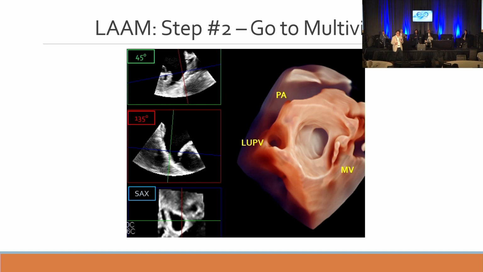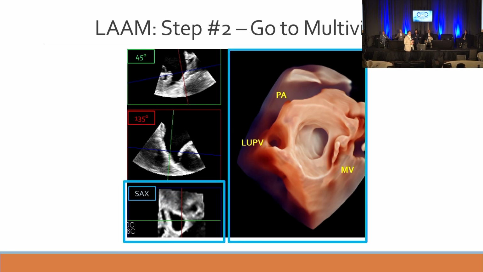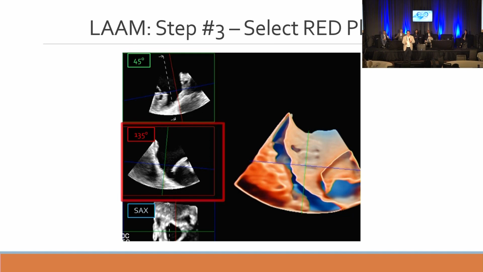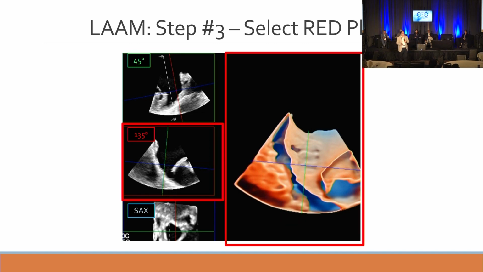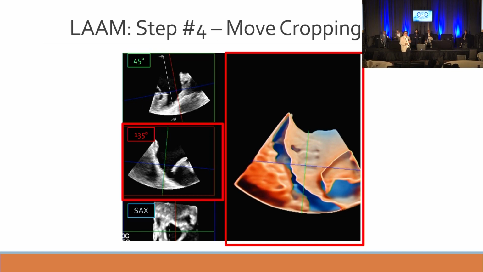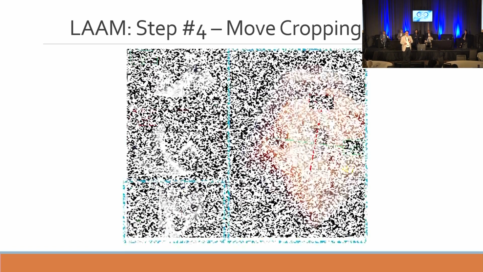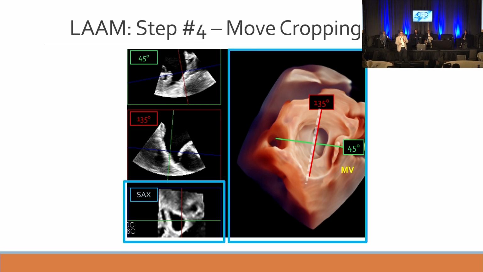And now in the next step, you go to multi-view and this layout. If you never pay attention, the image on the right by default will be the short axis view, which will actually be the blue plane. Okay, so that will be by default. But instead, if you choose the red plane, now you actually have a long axis view that looks exactly like a 135. And then all you do is uncrop this image,